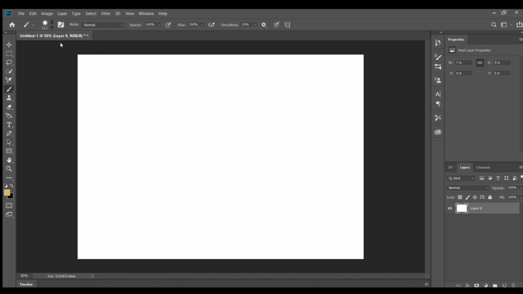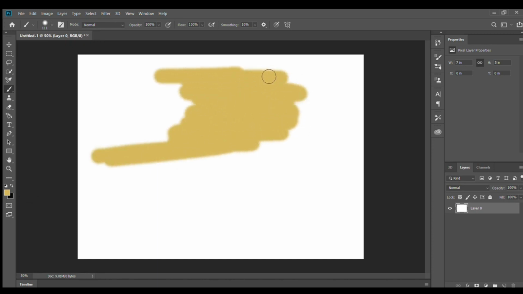Now I am going to increase the size, that is 111 pixels, and then paint over the canvas. This is the opacity. If I want, I can decrease it.